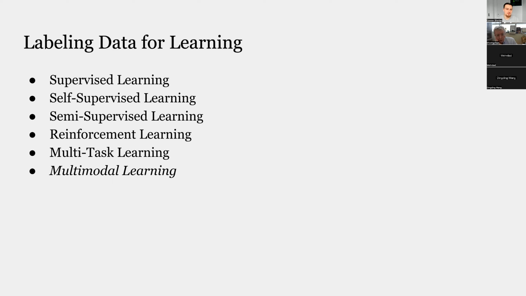Reinforcement learning describes where that ground truth y comes after several predictions. So you make several mappings from some input to some action, and then after a long sequence of this, you eventually receive the signal. Multitask learning would describe attaching multiple predictions onto the same base network. And then multimodal learning describes having multiple data modalities as input, like images and text and audio and these kinds of things.